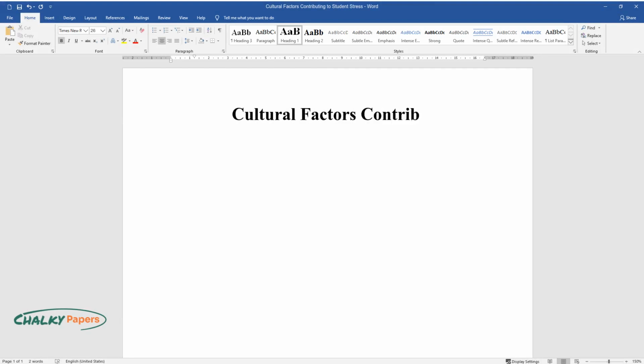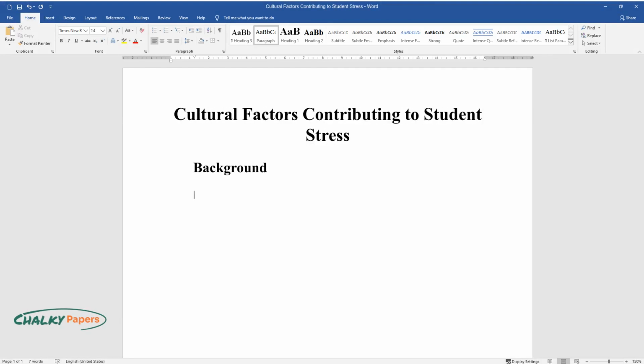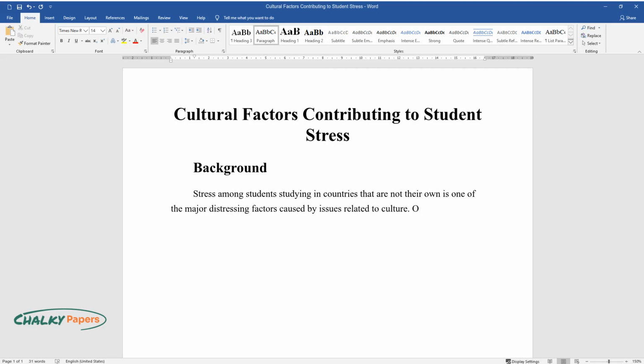Cultural factors contributing to student stress. Background. Stress among students studying in countries that are not their own is one of the major distressing factors caused by issues related to culture. Of greatest importance in this study are Saudi Arabian students studying in Australia who face immense stress caused by culture-related